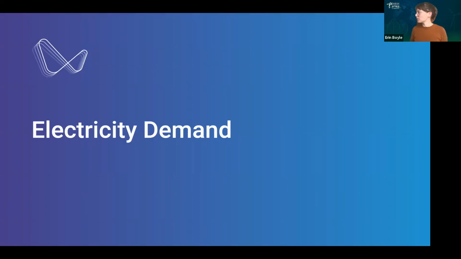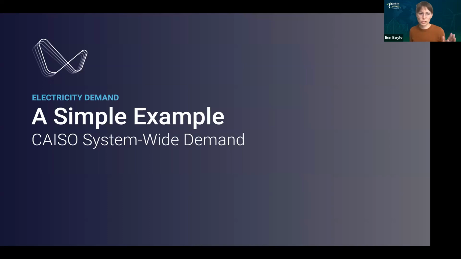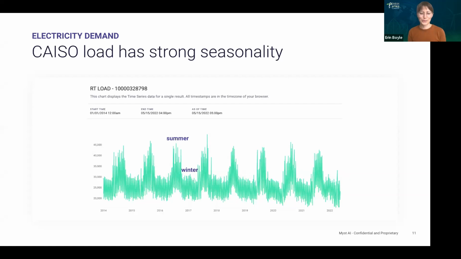All right, so electricity demand. Let me just show you quickly what this data looks like to help give you an understanding of what goes into forecasting. So I'm just going to give a really simple example to ground anyone unfamiliar of CAISO. This is the California ISO's system-wide demand. So this is a really nice kind of predictable signal that I think helps highlight some kind of obvious behaviors